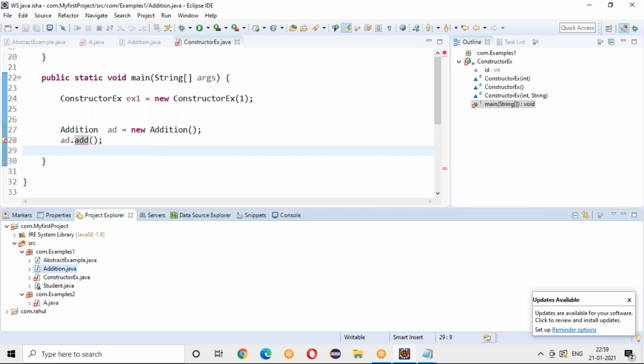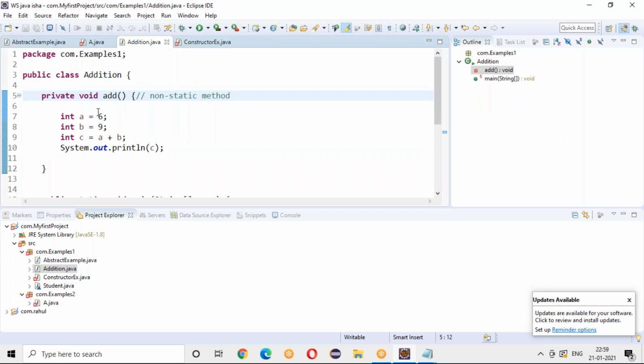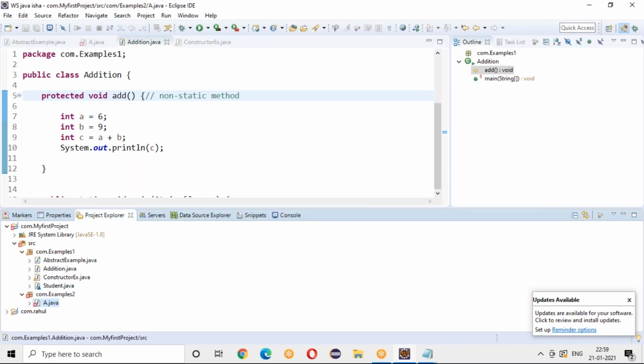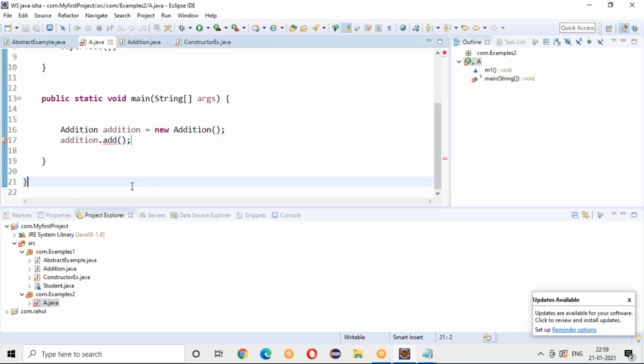So whenever you make it protected, even that cannot be accessible outside the package. One minute.